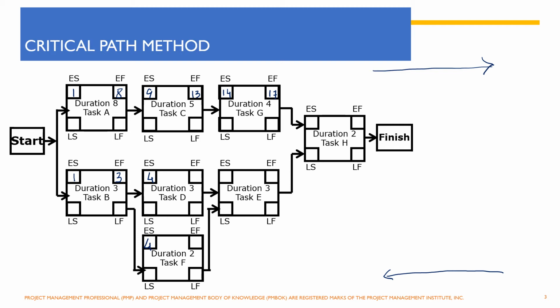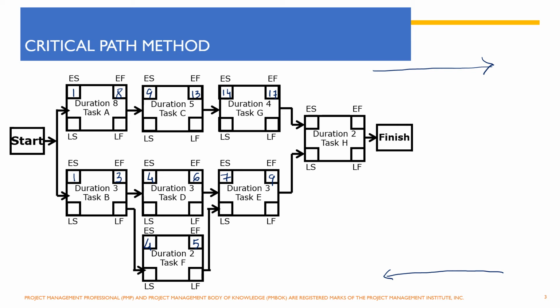and since activity D requires 3 days, it will get over on 6 and this will get over on 5. Now activity E requires both activity D and activity F to complete. So the earlier start date for activity E would be 7th, though activity F gets over on 5th, but since activity D is completing on 6th, the earliest start date for activity E would be 7th. It requires 3 days, so it will get over on 9th.